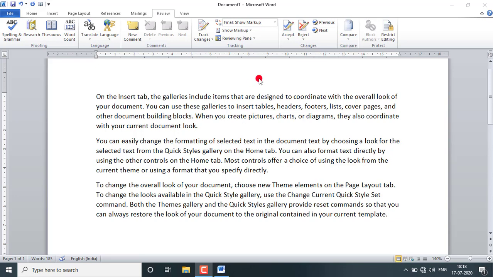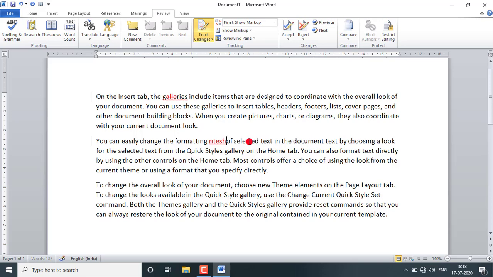Whether you save it before or after, you can click on this Track Changes. As you do this, it will glow like this. That means it is on now. Now if any person makes any change in your document, like if anyone erases anything, you will get it like this. You can see the red line and the text is crossed, the text that anyone has deleted. Okay, if I type any extra text here, I'm typing my name here, you will get it in red color like this.